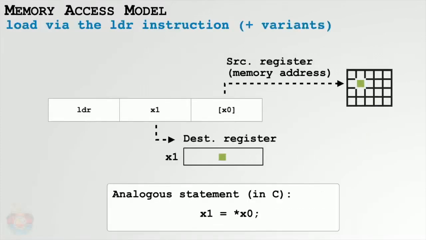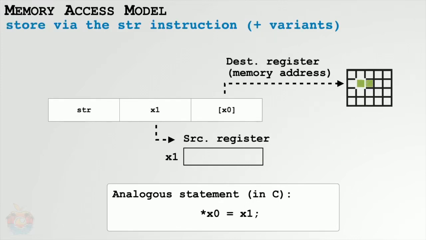Let's look a little closer at this, because when reversing malware, you'll see these instructions used a lot. So to load something from memory, ARM64 makes use of the LDR instruction, or one of its variants. If you take a look at the example on the slide, as normal, the first operand, in this case the X1 register, is the destination register. The source register is X0. Brackets around it indicate that it's a memory operand, which tells the CPU that it should dereference that value and then go there in memory. So with this understanding, we know that this instruction is loading the value stored in the memory address found in X0 into the X1 register. And we have the analogous C statement as well